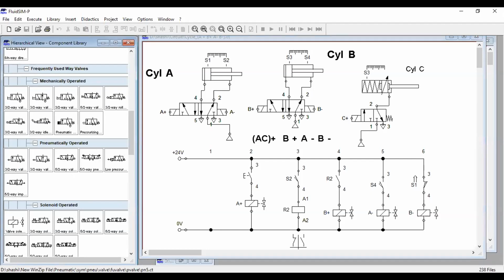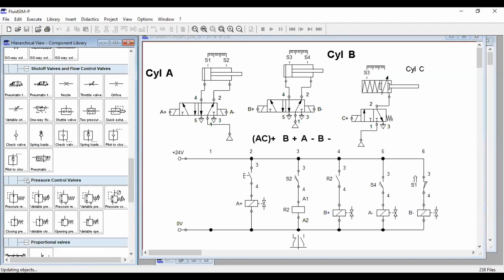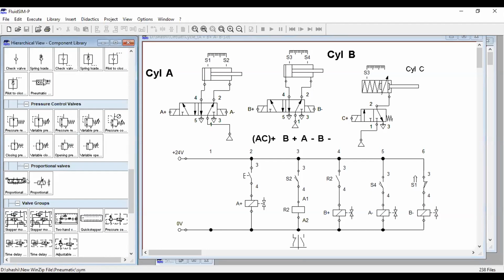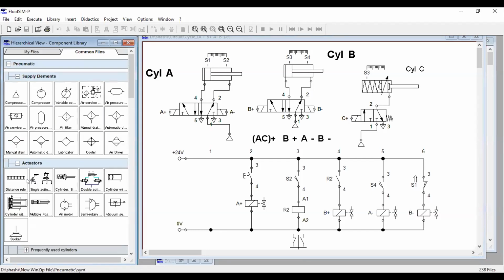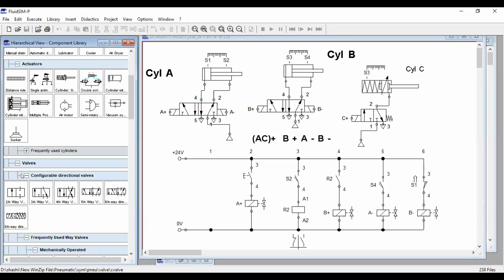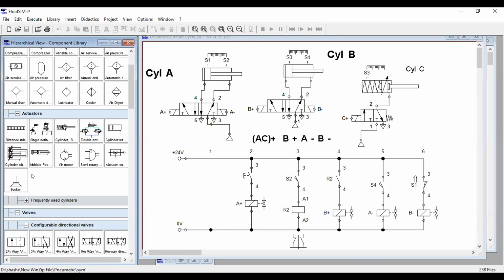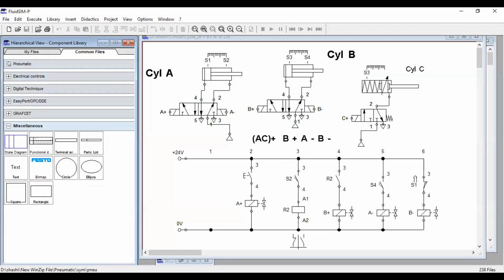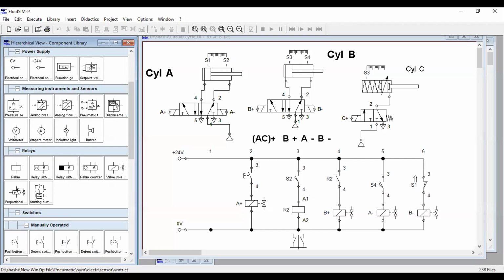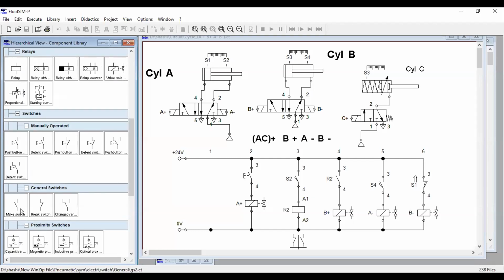Take a make switch again, a new make switch. Click on pneumatics, electrical, make switch. I will connect this switch on this end. And then you need a solenoid.